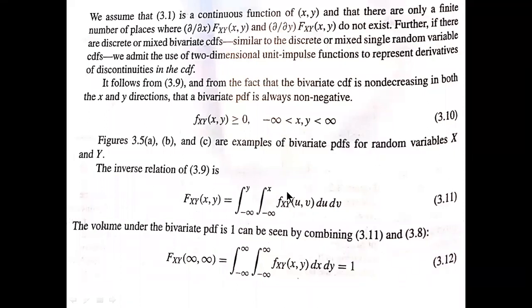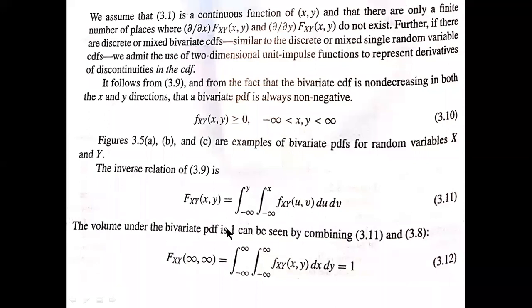The inverse of that is, if you want to find the PDF given the CDF, you have to differentiate the CDF to get the PDF. Whereas if you want to find the CDF given the PDF, then you need to integrate it. So that is the inverse relationship. The CDF of two different variables is equal to the double integral of the PDF of the two variables. So definitely the volume under this two dimensional surface will be equal to 1.